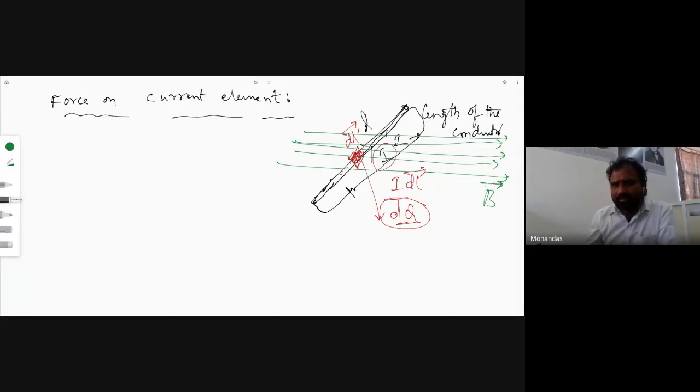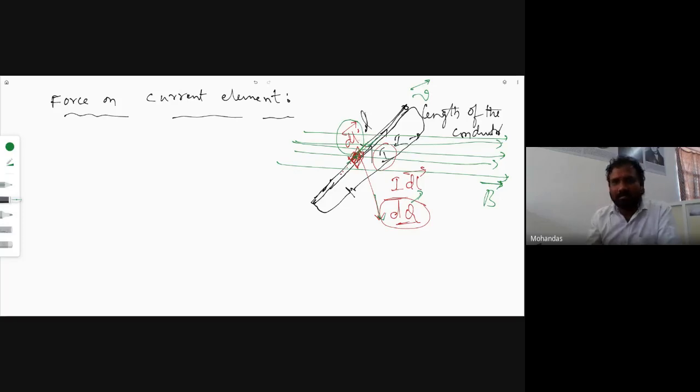And the velocity of the charged particles in this fashion, let us say V here. Well, V is the velocity of this charged particle, Q. Charges are moving. What is the current here? Flow of electrons. Once the flow of electrons is taking place, current is flowing. That is represented by a dq. What is the dq here? Differential charge which is present in the differential length. The total length is L and differential length is dl here.